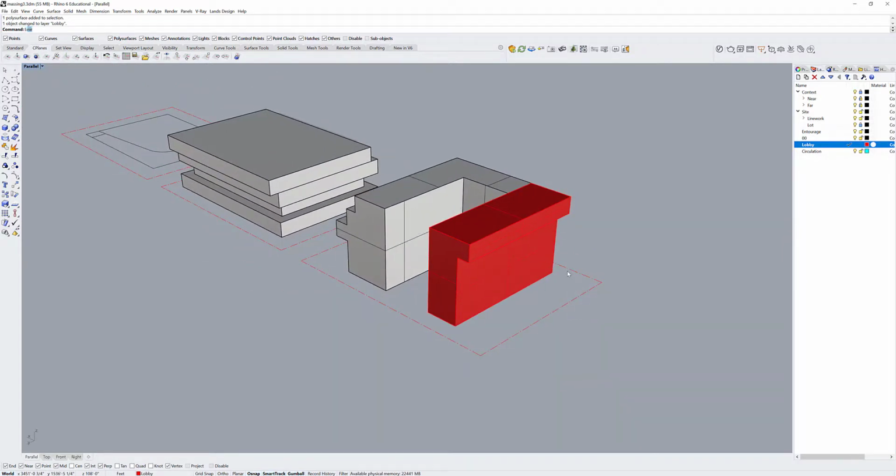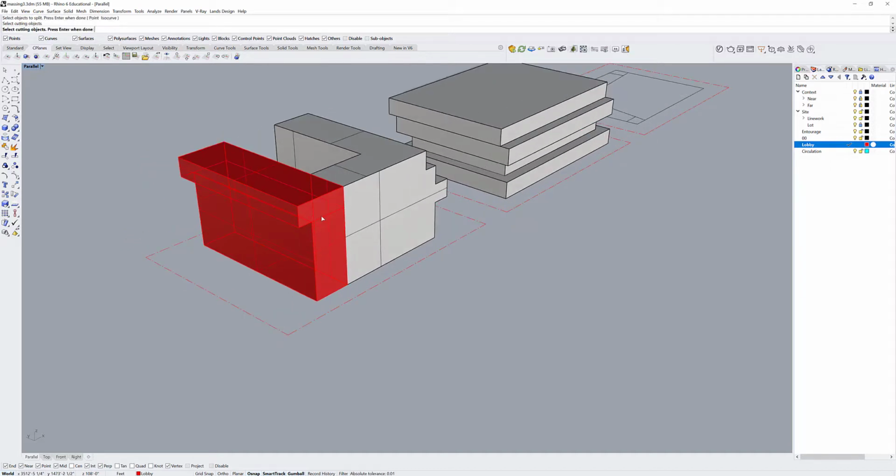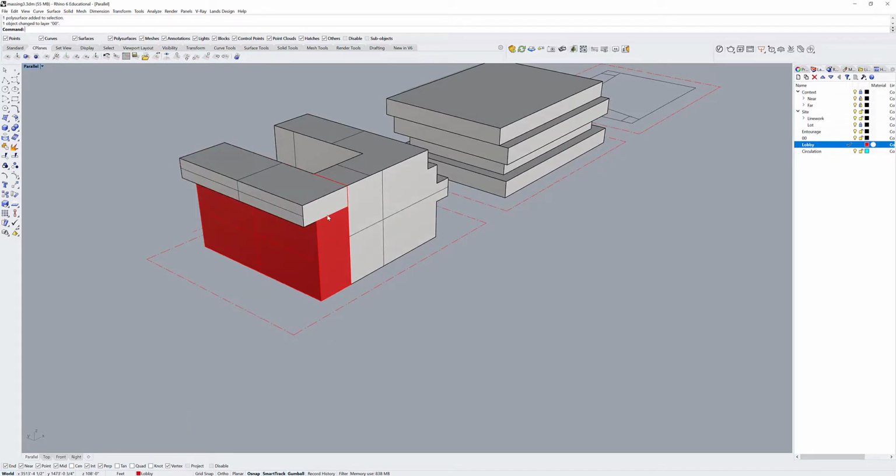I could do this in a number of ways, right? I don't have to just split it vertically. For instance, if I wanted to not include this as my lobby, I wanted this to be office space, I can change the direction of an extrusion, create what I usually call dummy objects or cutting objects, select the lobby to split, and then that as the splitting object, and change that back to the original